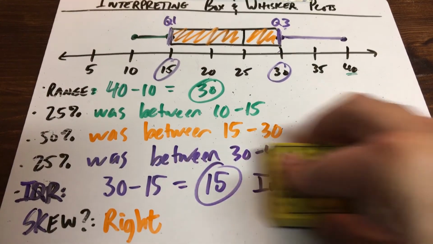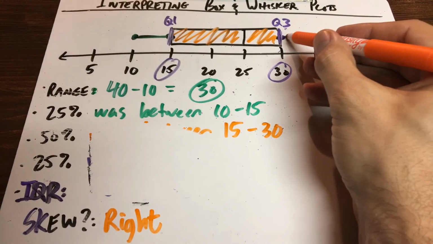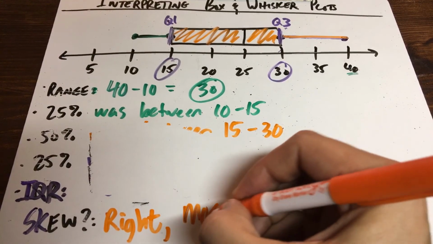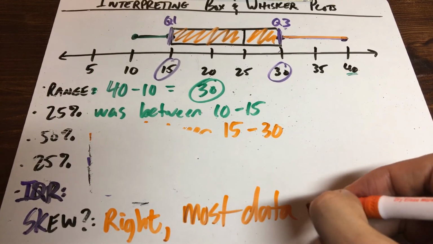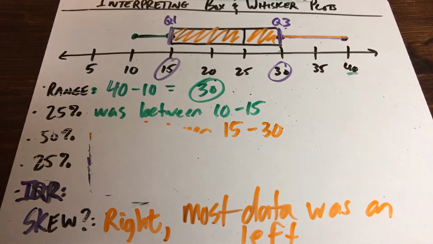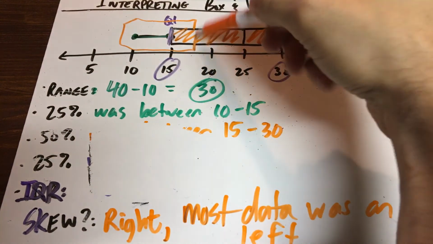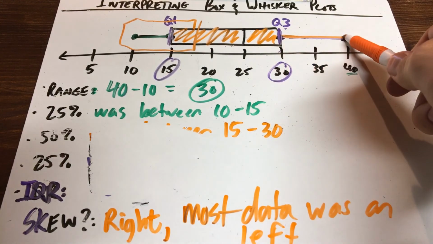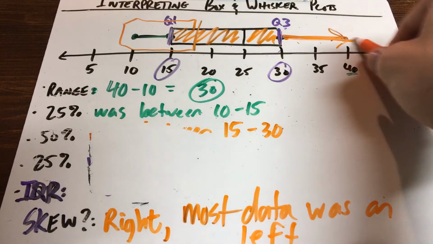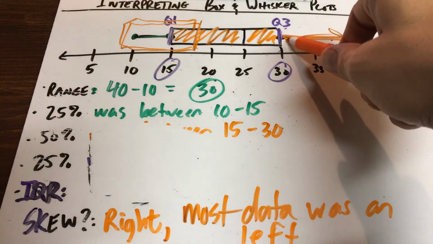And I'm running out of room here. Erase that. So whenever this whisker is longer than the other one, it's skewed to that direction, which means most data was on the other side. It's kind of like, you know how if you're walking on a balance beam or a teeter-totter, if you start to lean in one direction, you reach your hand out and you try to balance yourself on the other side. That's kind of how I use this as an example. Like this whisker is really, really long because a lot more of the weight is over here on the left. So this little arm is having